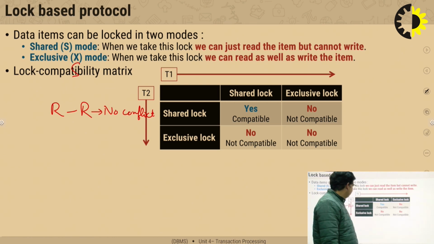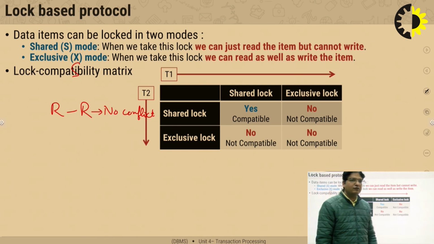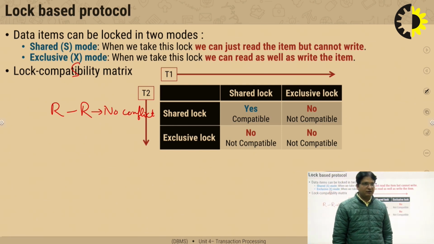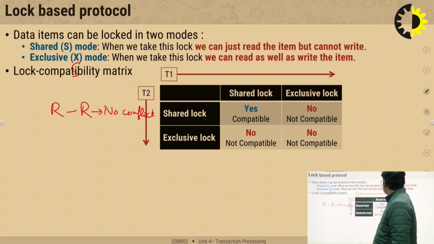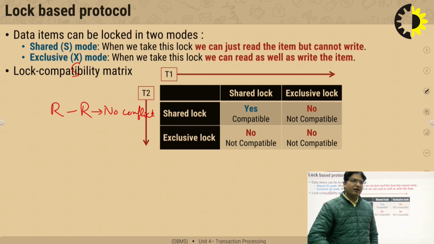Now the second row is when the other transaction T2 wants to apply an exclusive lock on a data item that is either in shared lock or in exclusive lock. So if transaction T1 has a shared lock on a particular data item and T2 wants an exclusive lock, that is also not allowed. Now if the data item is already in exclusive lock and the other transaction also wants the exclusive lock, then that